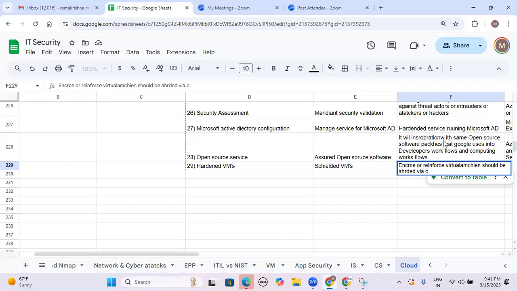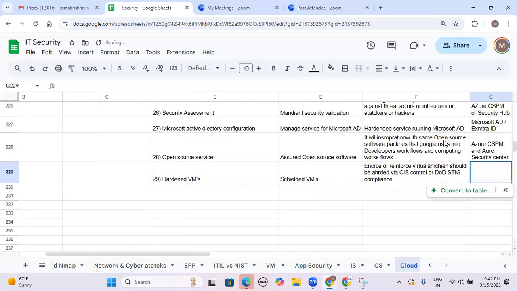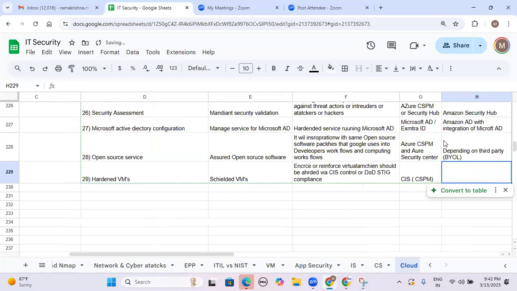CIS control, sorry guys, or DoD STIG compliance. So this feature we can call it as part of the CIS hardening benchmark using CSPM only, Cloud Security Posture Management. So the same thing is applicable here also, Cloud Security Posture Management under the Amazon side